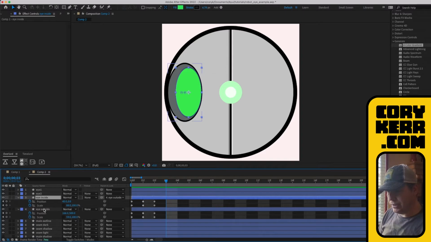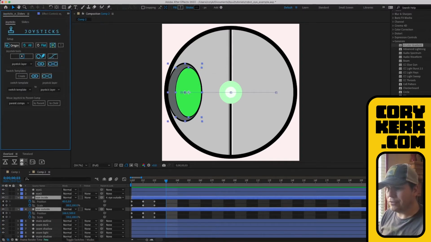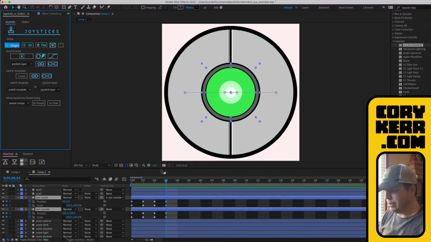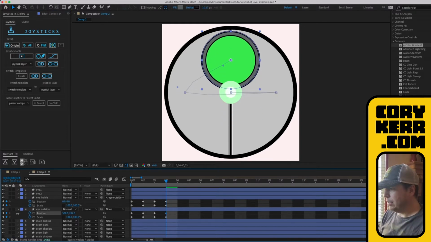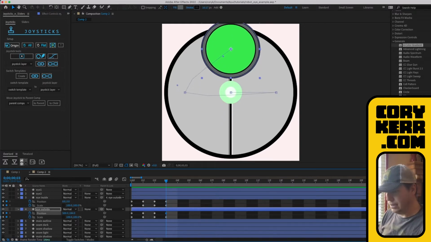So I'm going to grab here, and I'm going to hold Shift and grab that. And let's jump over to joysticks and sliders. And there's this really nifty button on whatever you have selected. It'll make a copy of the first keyframe. And so I'm just going to hit Origin there, and it puts everything back in the front. Okay, so now I'm going to move it up. So let's go up like this.